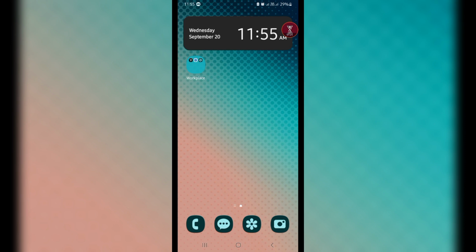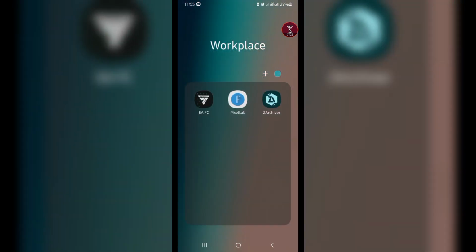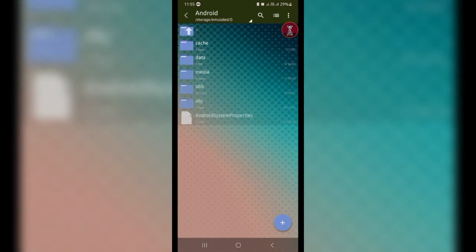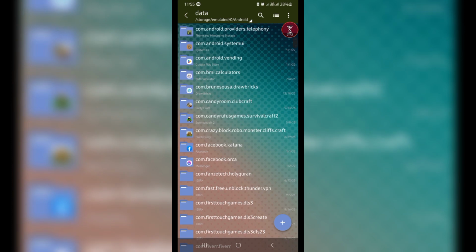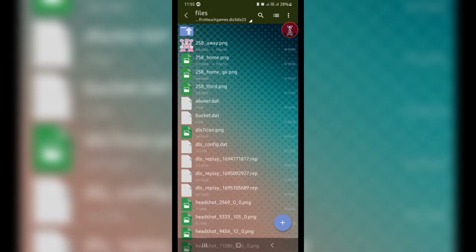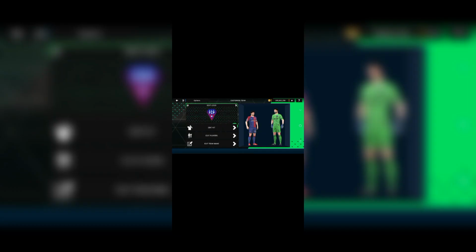The trick is that sometimes we are not satisfied by the color or something, that something just doesn't look great on that kit. And if we talk about the font, we can go out with it. So we will open the Z archiver first, okay, and just open this DLS file here in the Z archiver, and it is very important for this. Okay, here's the file. So now for example I'm gonna give you this home kit here, and if I open Dream League Soccer here, you can see that